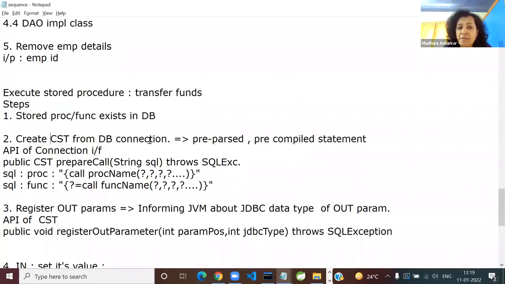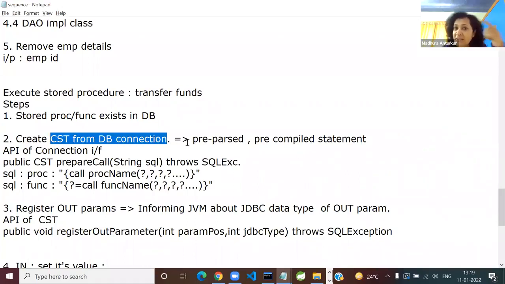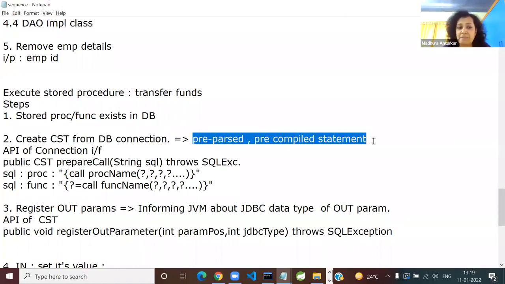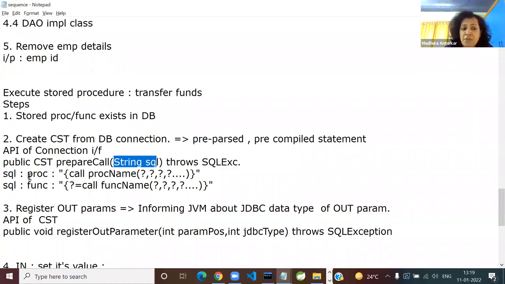Read the step. Create a callable statement from database connection. What it implies is callable statement is a prepared statement, so it represents a pre-parsed and pre-compiled statement. So what is the API? That is what I showed you: prepareCall and string SQL. If you are calling a procedure, you have this syntax. It's a string. Within the quotes, these pair of curly braces, I'll tell you the significance in a minute. And here you simply use the keyword call followed by the name of the procedure and followed by